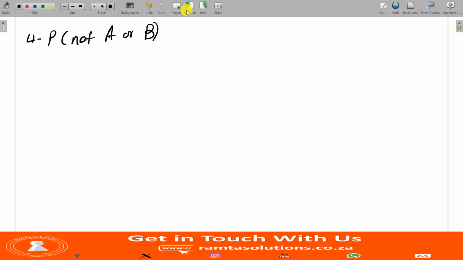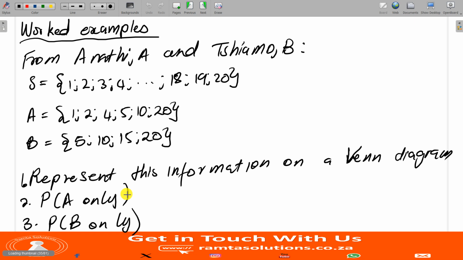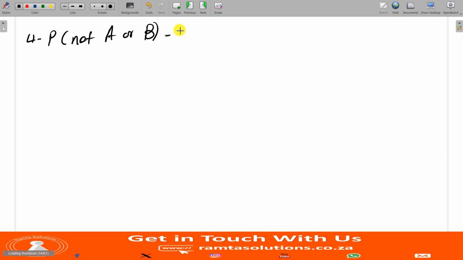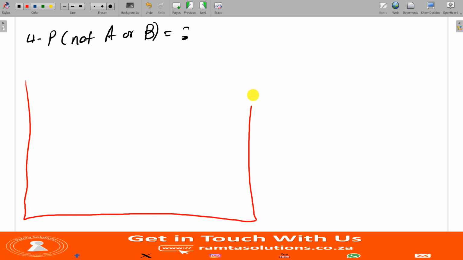Okay? I didn't write the word determine, so I will say equal, equal, equal. Okay, equal. Now, let's get our solution. Let's look at it. Sample space. So we have